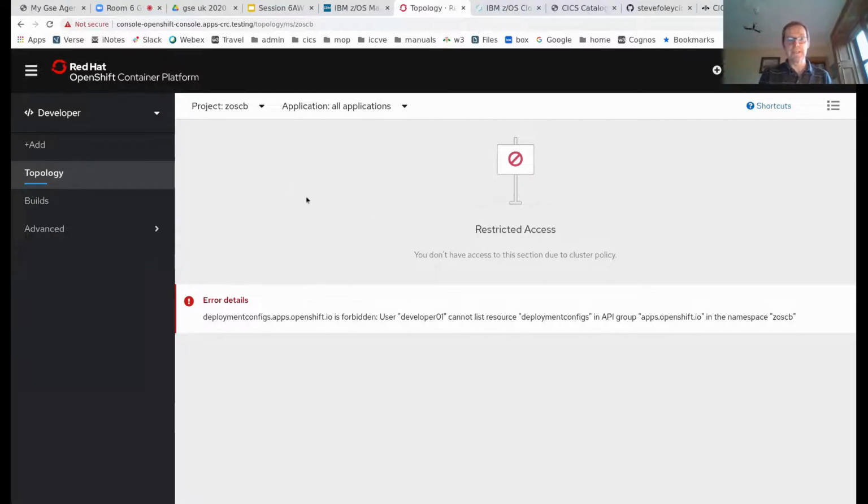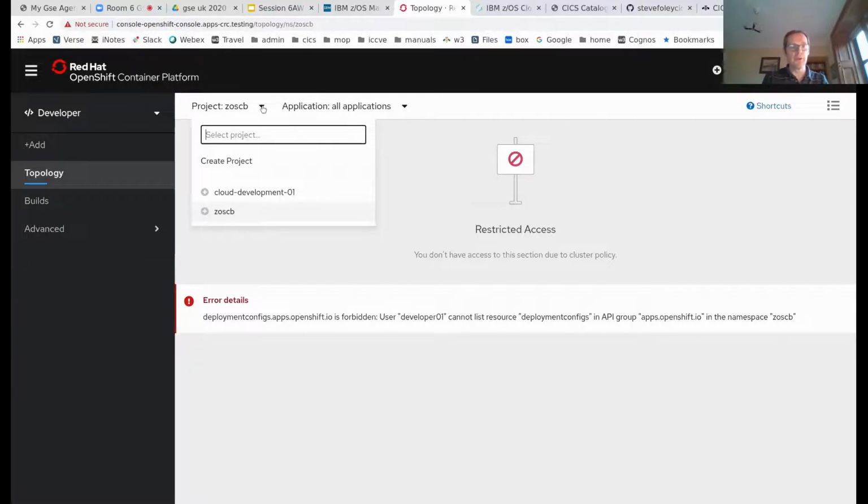And reassuringly, we can see that the developer has no access whatsoever to the Cloud Broker project. So the developer has no access to configure which templates and which domains are available through OpenShift. What they do have access to do